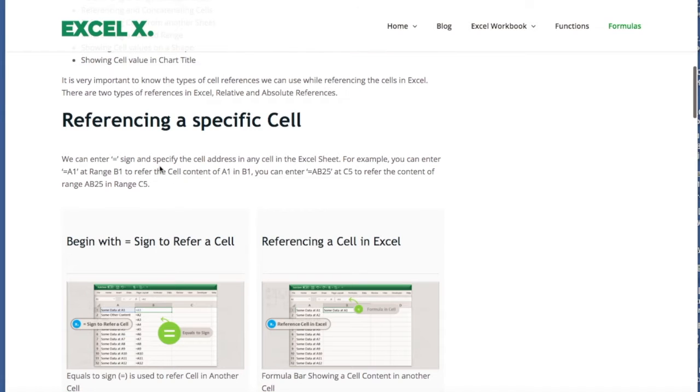We can enter and specify this in any. So for example, you can enter A1 at range B1. So in A1, in B1, you can enter the content range. See, it doesn't do it. I don't know what's wrong with this. But